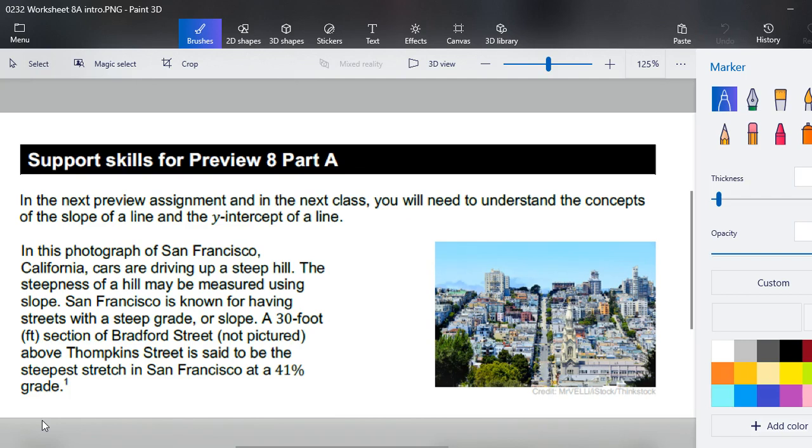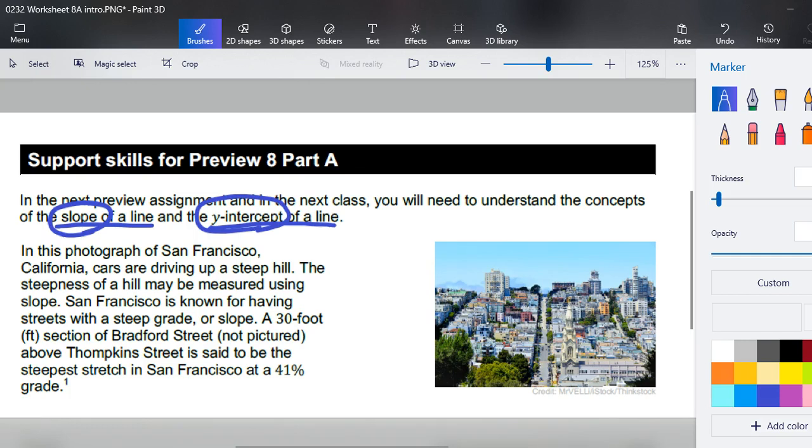In the next preview assignment and in the next class, you will need to understand the concepts of the slope of a line and the Y-intercept of a line. I'm going to go ahead and underline those. These are concepts that you need to make sure you're not foggy in your brain about. You've got to nail them down: what they are, how to find them, how to use them, how to write